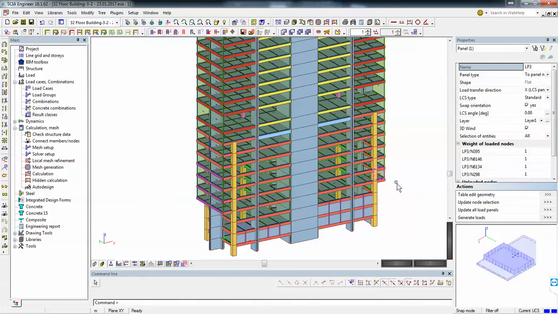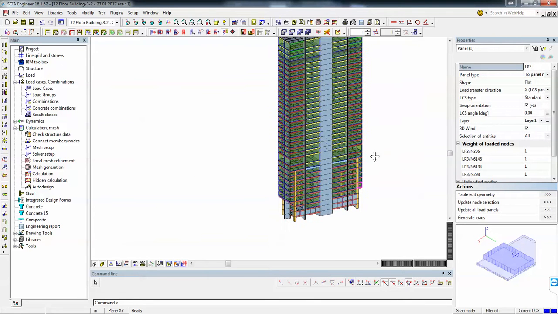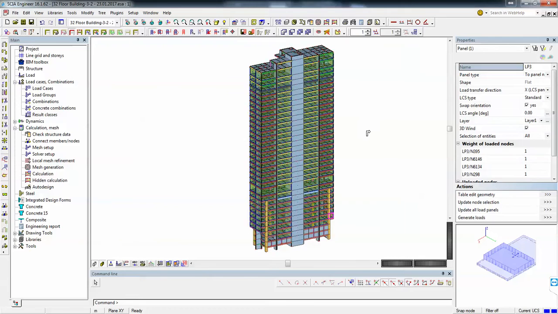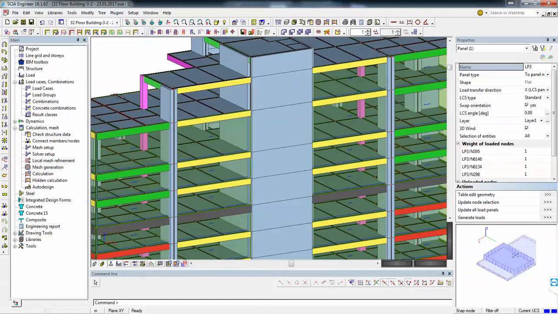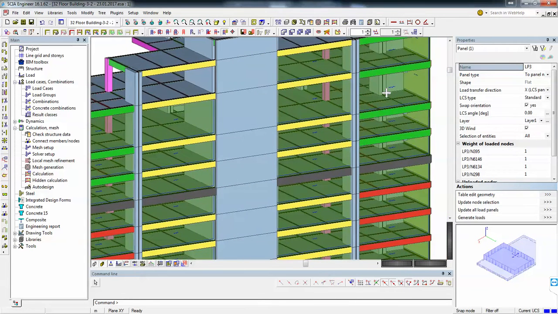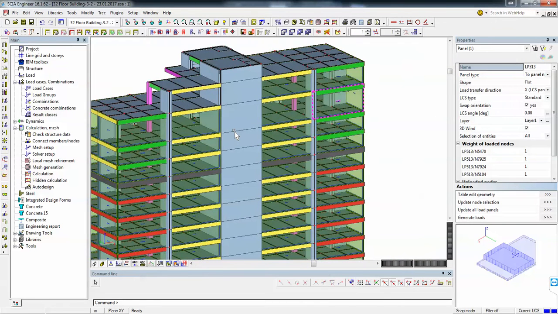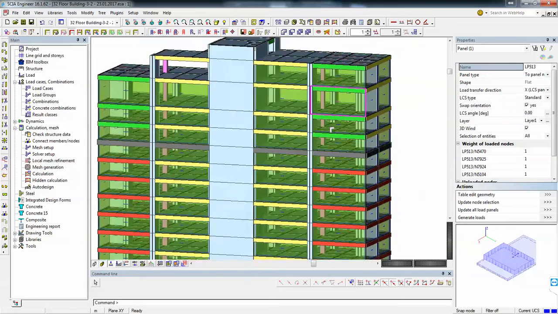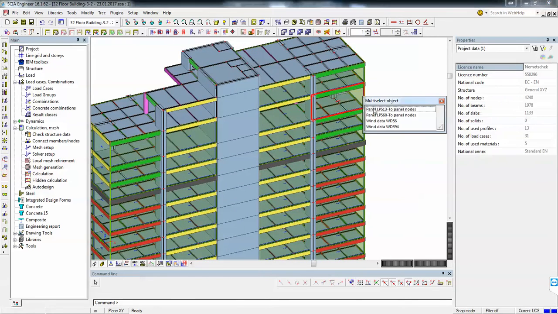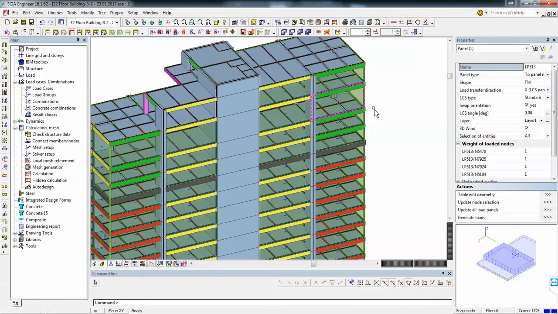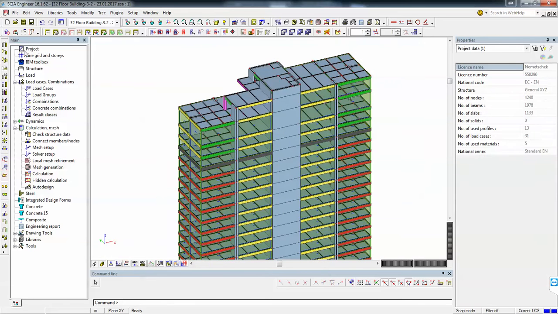Now, first of all, we will need to make sure we enclose the entire building with panels. We either use the 2D shear wall elements, or we need to cover everything with this type of panels. So the 3D wind generator only works on closed structures, so we will need everything to be closed. Second, we will need to establish for each panel on which elements it will transfer the load. So basically, we will start like this.